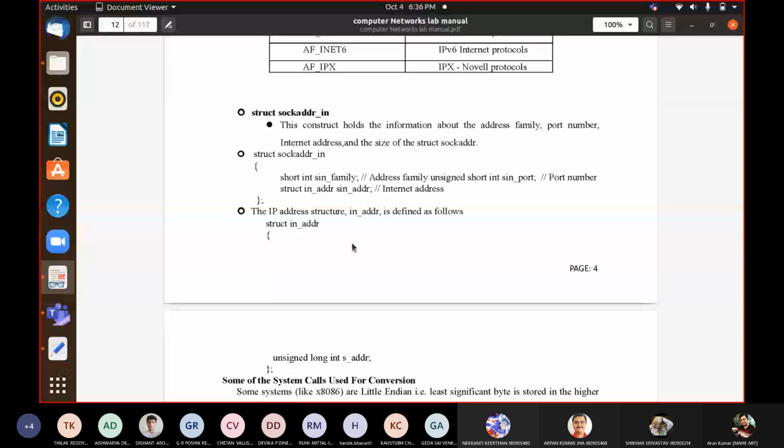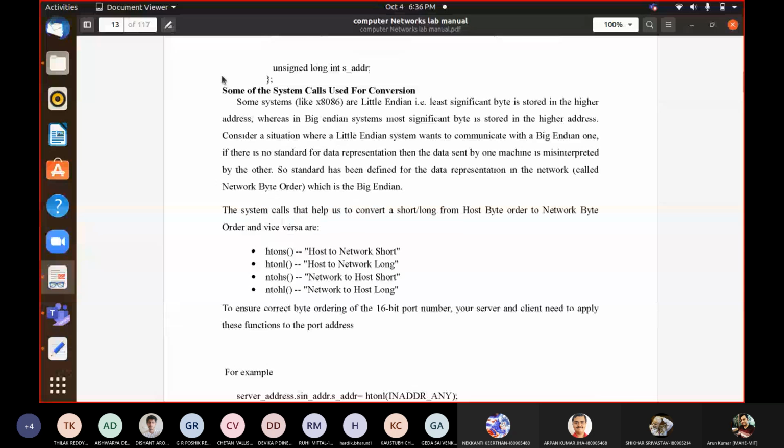You know it all. Okay, then comes this major thing, because when two hosts are communicating, in our last embedded systems class also, we understood that there are two types of machines, little endian and big endian machines. So suppose one process is running on a little endian machine and another process is running on a big endian machine. In that scenario, there would be a mismatch. Whatever I share with another party, another process, that process would not be able to comprehend. So how can we ensure it?